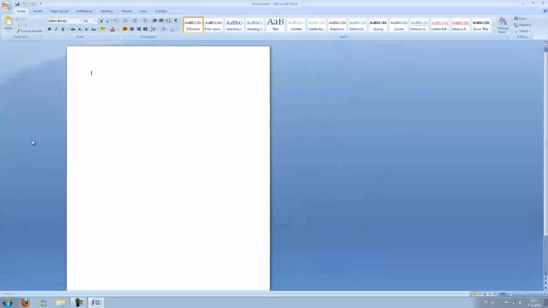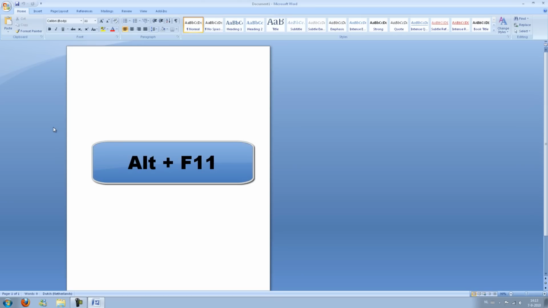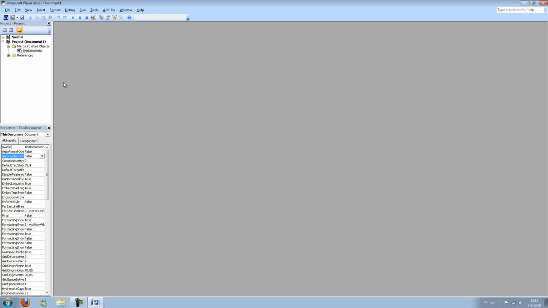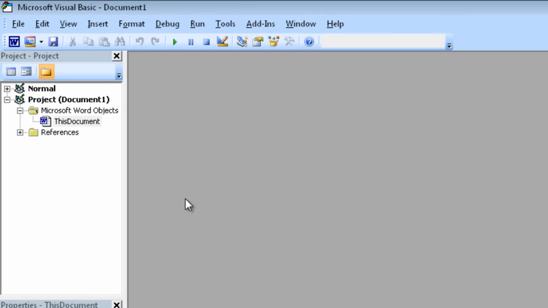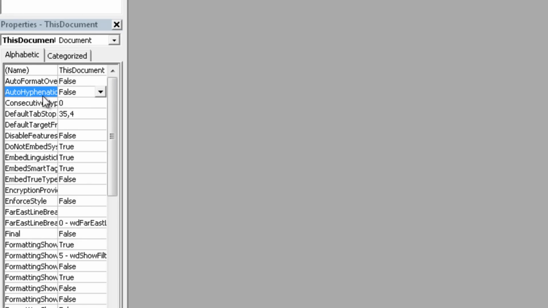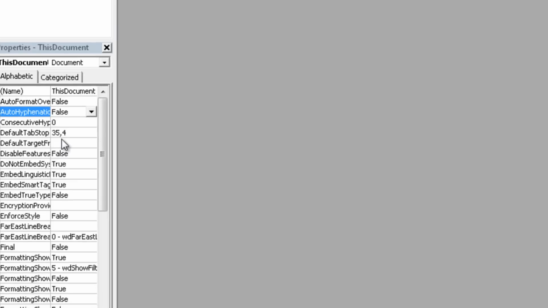I'm going to teach you something about Visual Basic today, and all we need to start off is simply Word. So just open up Word, press Alt plus F11 and we'll open up a Microsoft Visual Basic document. Now as you can see over here to the left we have the project window. Down the project window we have the properties window. And over here, the gray square is the form window, where all the forms will be when we